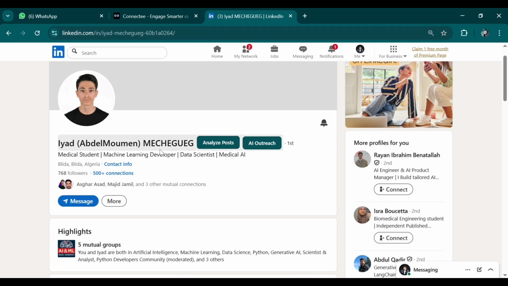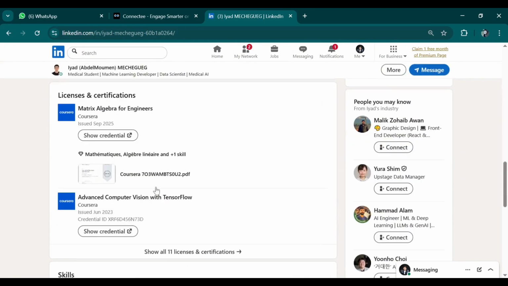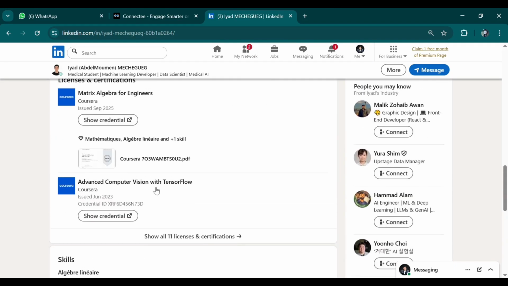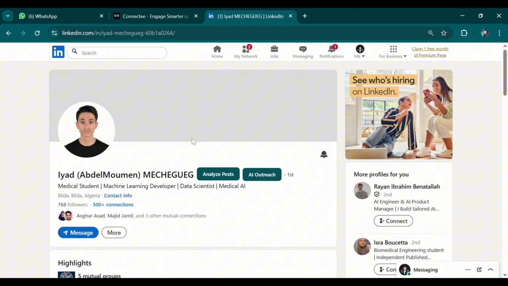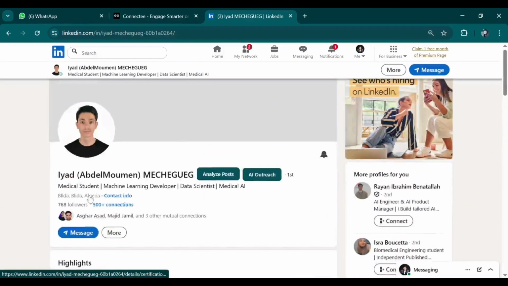If you do this manually, you have to analyze this person's profile properly. You have to analyze their headline, their about section, their experience. So you will get to know what he or she does, and only then can you provide a note with personalized details. You cannot just say "connect with me"; you have to provide a personalized message that suits their profile. So you have to analyze all these details, and then you generate the message.